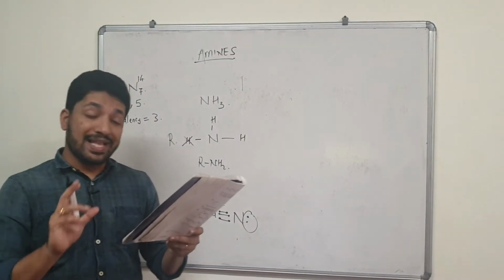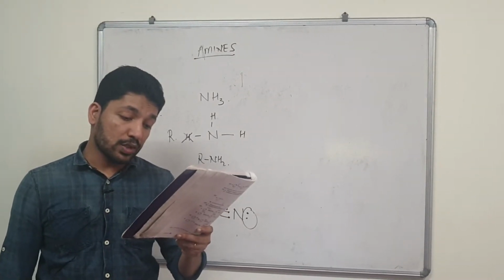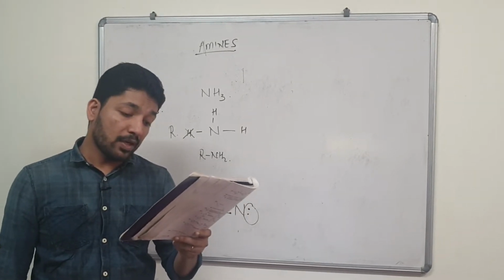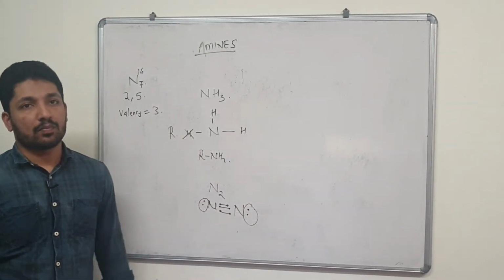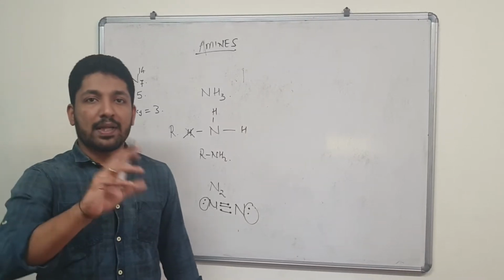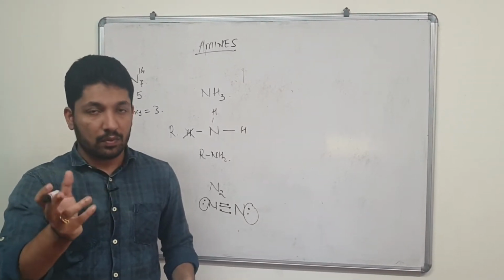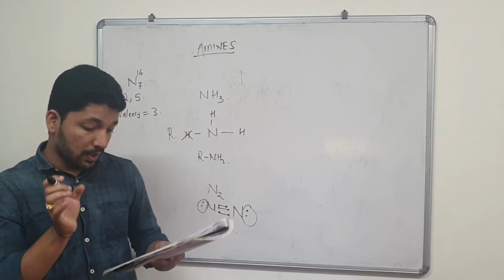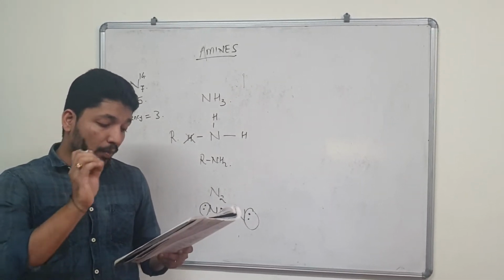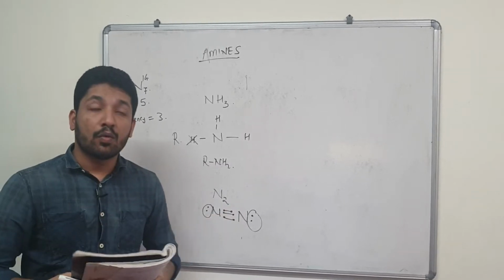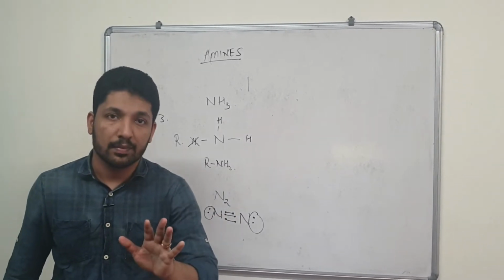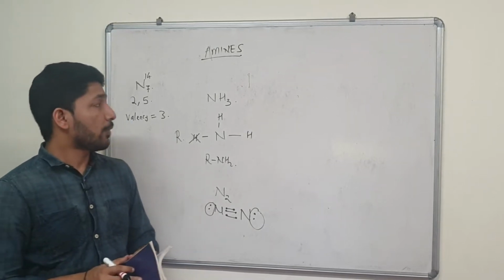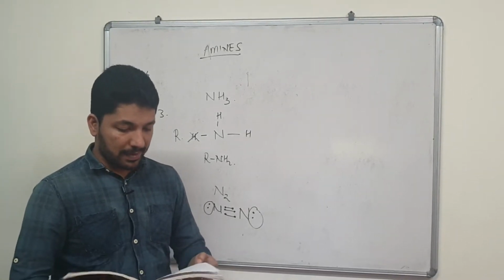Each of the 3 sp3 hybridized orbitals of nitrogen overlaps with the orbitals of hydrogen or carbon depending upon the composition of amines. Okay, hybridization. You know what is hybridization, sp3 hybridization, and these hybrid orbitals will overlap with the orbitals of hydrogen and carbon. Overlapping means forming the bond with them. Did you understand? Okay, so that was about the geometry of amines, the basic ones.